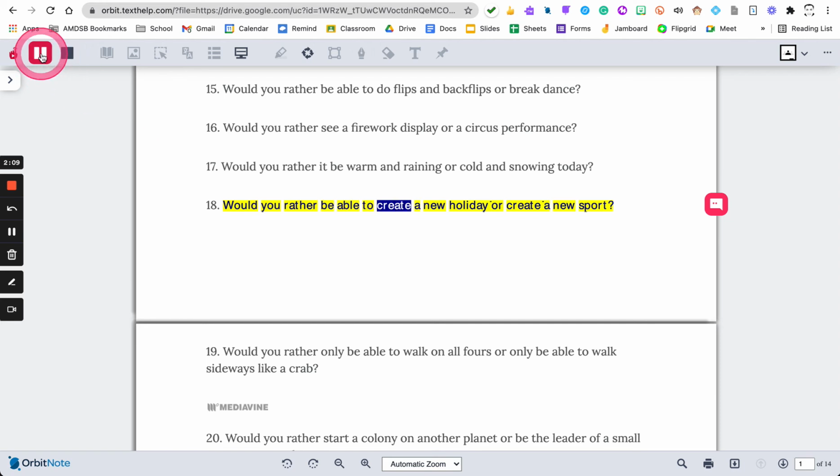Would you rather be able to create a new